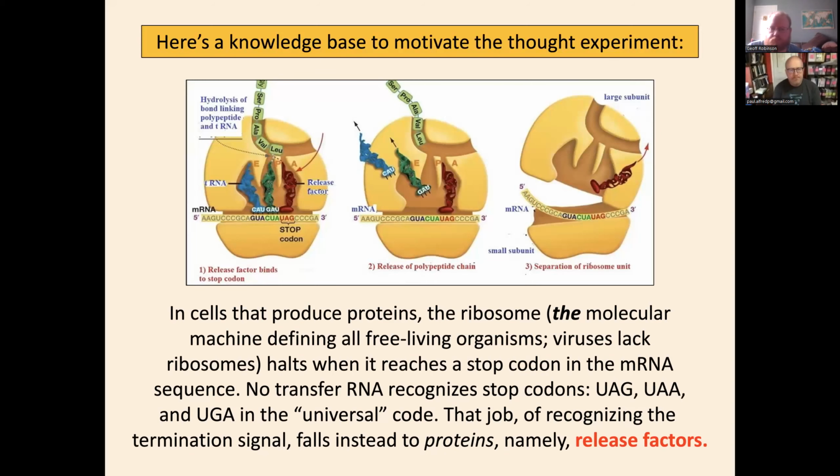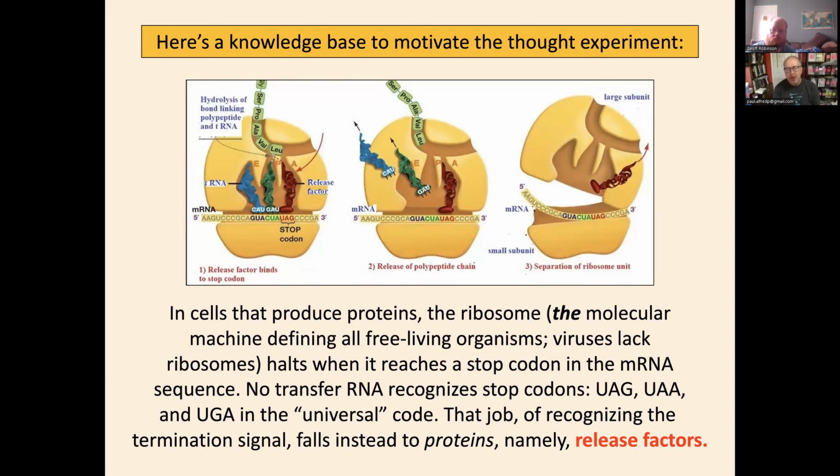Gotcha. So as the ribosome is going down the messenger RNA strand, which is specifying the assembly instructions for the protein, it comes to a stop codon in the A site. Now, there is no transfer RNA that recognizes a stop codon, because if there were, the process of protein assembly would continue. So what recognizes the stop, which tells the ribosome, all right, you've read the relevant information for protein assembly? What recognizes that is a protein called release factor.